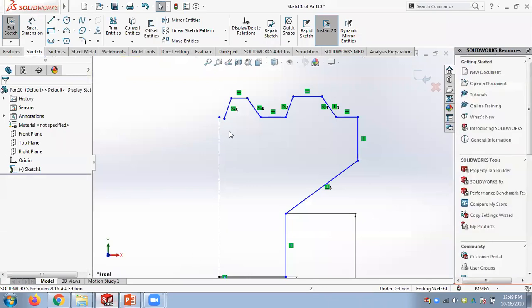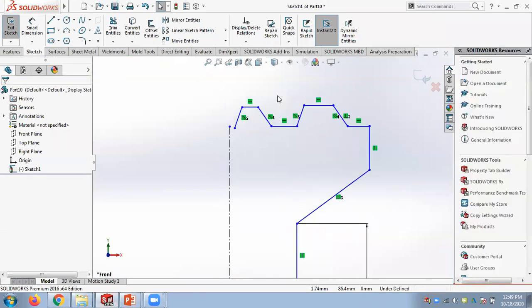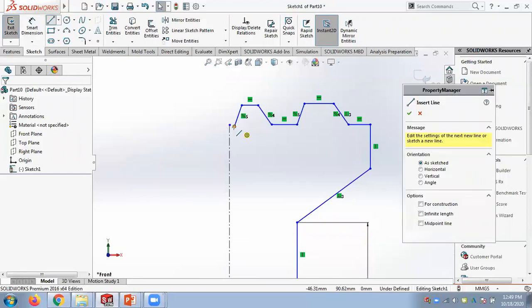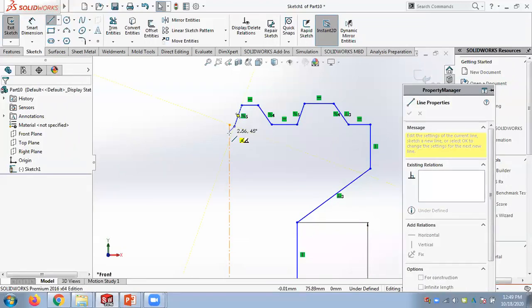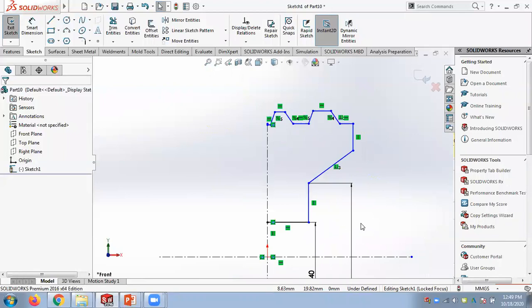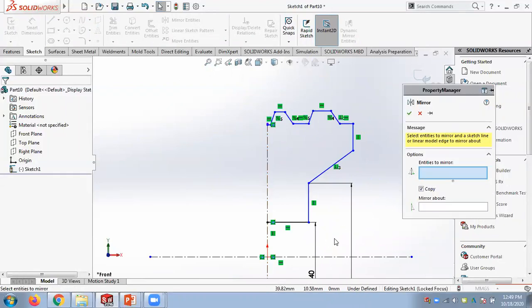And after you finish this one, you take the mirror. Fully define one side, and get the mirror image. So we can go to mirror, select the entities. These are the entities to mirror.